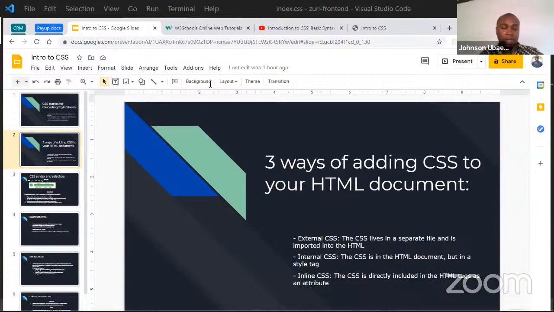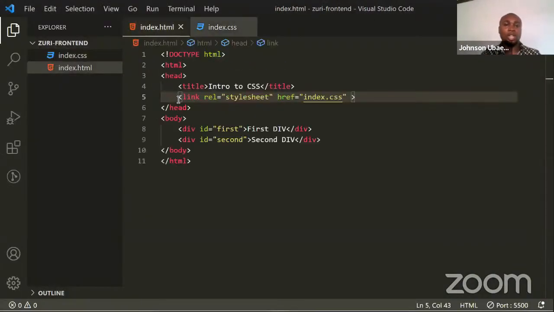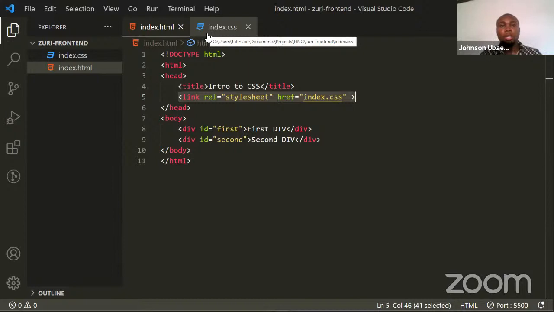By more flexible, I mean, as I have an index.html and I've imported the styles inside index.css, it is possible to have dozens of HTML files that import the same index.css. What it means is that the styling inside that index.css will affect all of my HTML files,